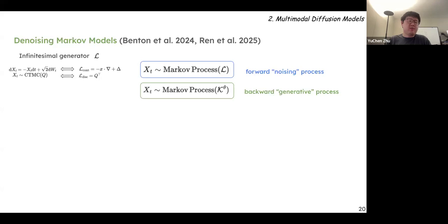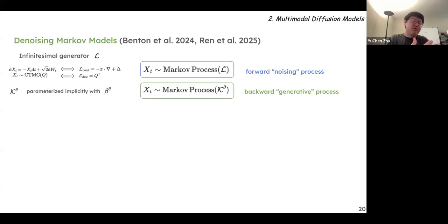For the simple OU process on R^d, its infinitesimal generator will be the sum of these two differential operators. For the jump process, the generator will just be matrices, this Q transpose. So for learning the backward process,